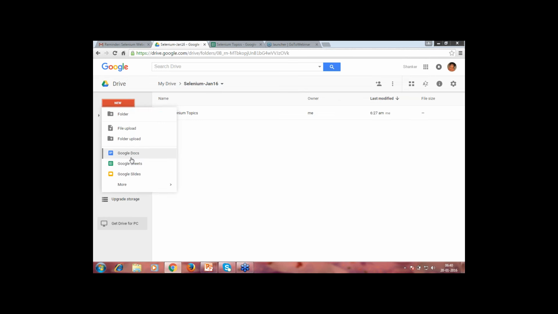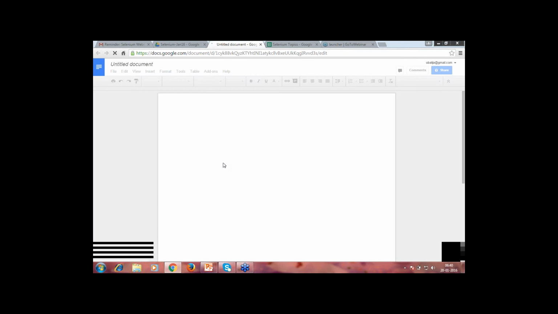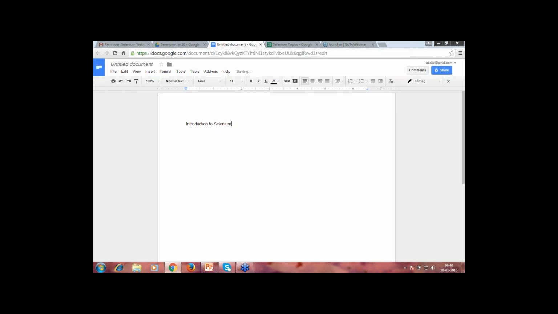Let me just open one document. Okay, so let's look at the introduction to the Selenium tool as such. So basically it's a freeware, or you can also call it open source, automated